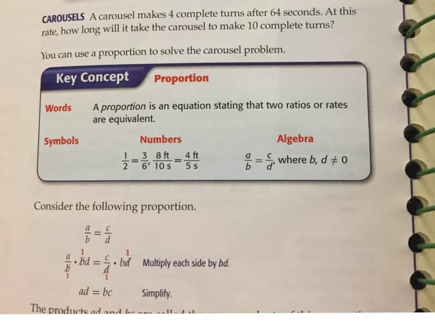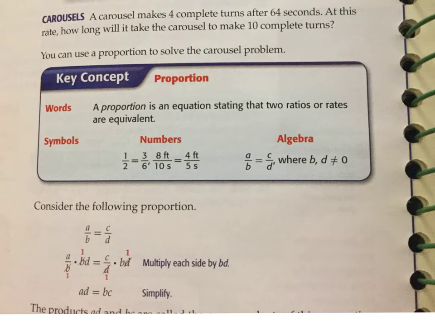It says here a proportion is an equation. So what does an equation mean? What word do you see almost as equation? What does it look like? Equal. So an equation is a math statement that has an equal sign. That's all an equation is. So a proportion has an equal sign, and it states that two ratios